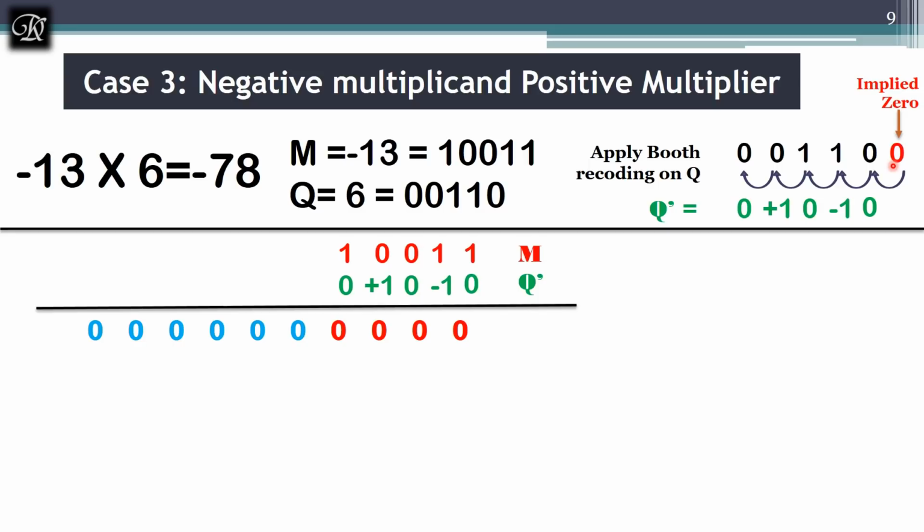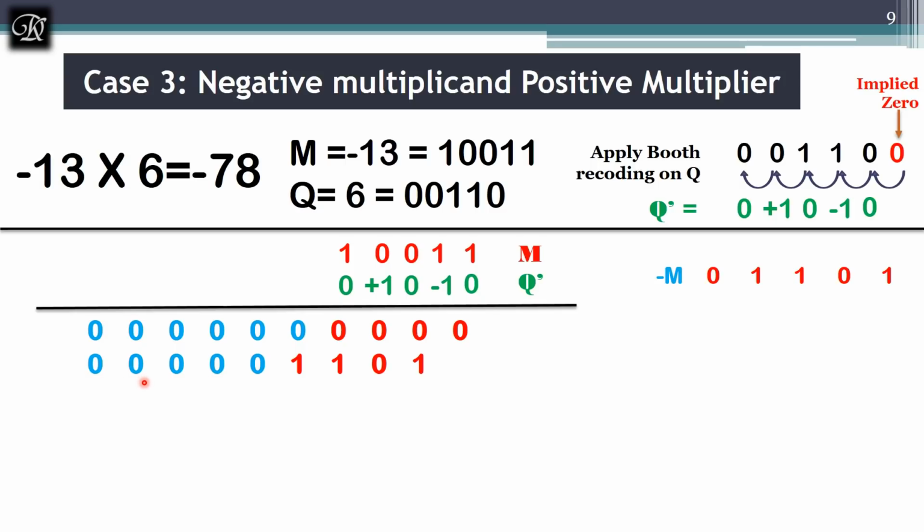Now negative 1 and negative 13, what is the answer? When you are multiplying negative into negative, the answer should be positive. So now I should get positive 13, which we know the value of, it is 0 1 1 0 1. Now I am going to write it as 13. Now you can see the sign of the positive 13 is 0. That's why I am marking the remaining bits as 0.